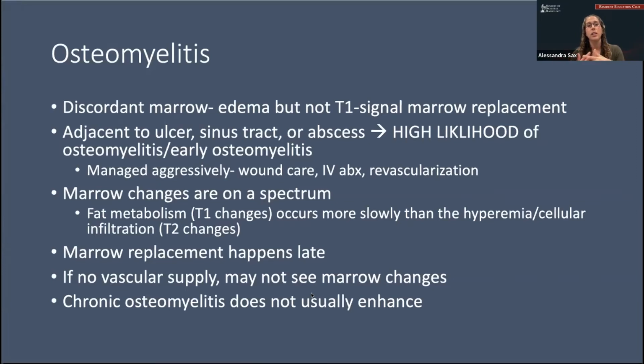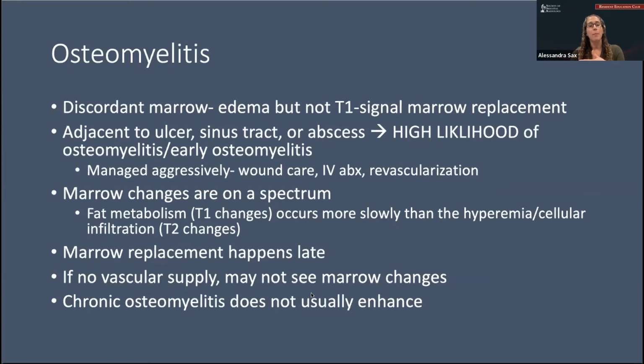revascularization. And this is because, especially in the diabetic population, these patients do really poorly if this progresses to the point of needing amputation, because once you amputate, they start altering their biomechanics, get ulcers elsewhere, get more osteomyelitis, and just require more and more amputation. So treating these aggressively from the start really affects patient outcomes. And the reason that we are calling this